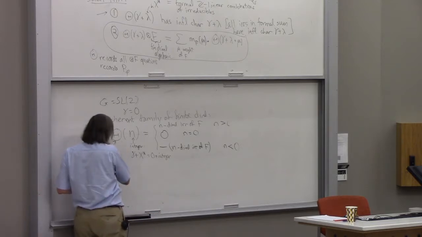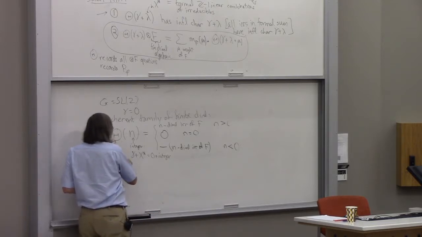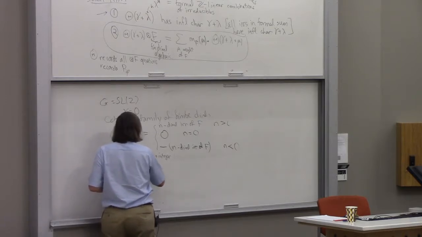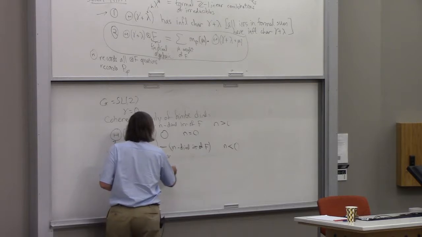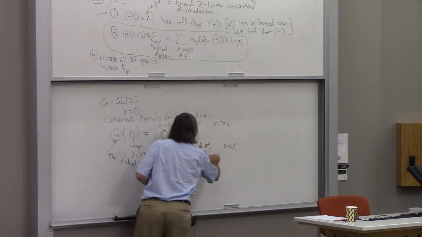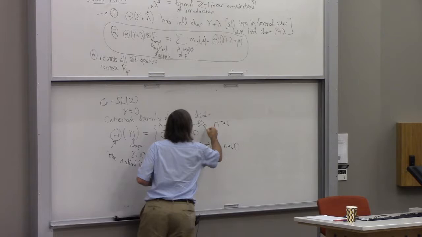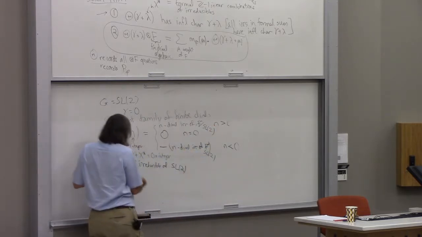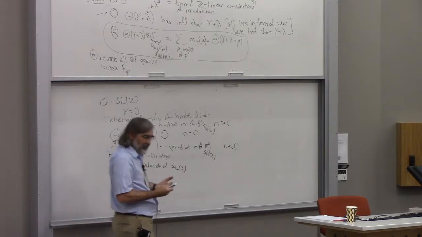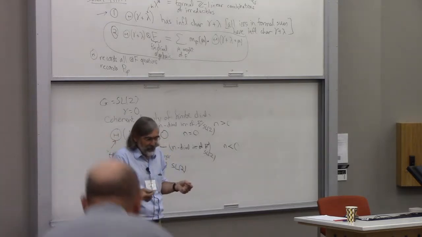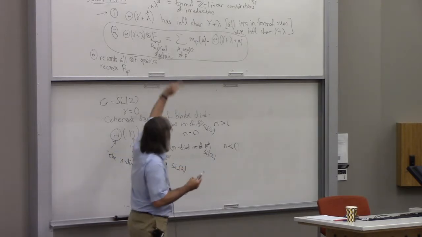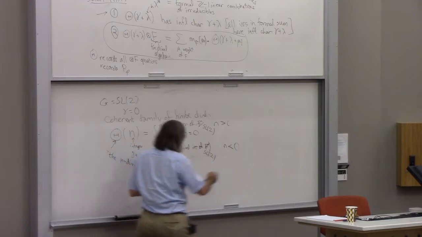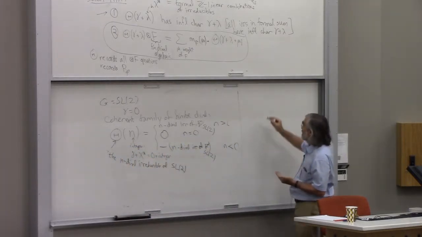So this is the n-dimensional irreducible of SL2. I should have said SL2, sorry. So for a negative dimension, you have to understand that it's only in the Grothendieck group, and it's minus. And now what the claim is